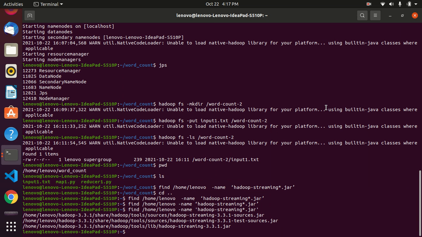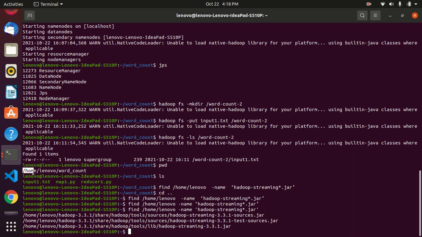To process that file in our HDFS, we need to have a jar file, and we need to know the path of our mapper files, the reducer files and our input files. For that reason, here we are going into the word count directory and giving pwd, that is print working directory.